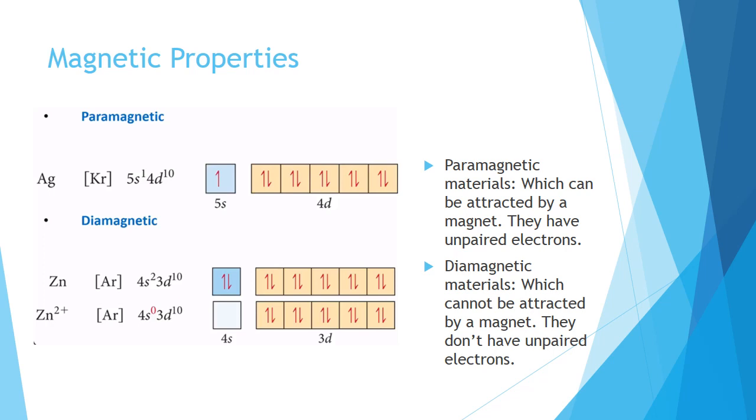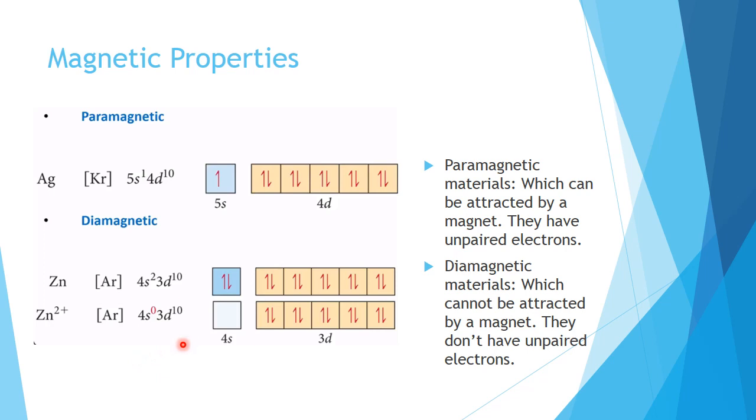If we discuss the magnetic properties trend in the periodic table, any element having unpaired electrons can easily be attracted by a magnet. Because of non-pairing of spin, there arises a magnetic moment, and that magnetic moment can easily be disturbed by applying an external magnetic field. Therefore, any element or any ion having unpaired electrons would be attracted by a magnet, and those substances are called paramagnetic substances or paramagnetic materials.